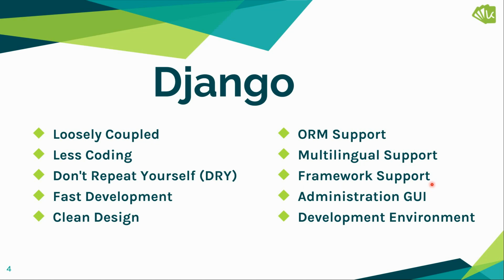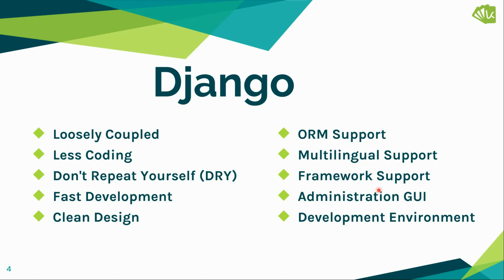Then Django has support for multiple frameworks like REST API, etc. So using that, we can extend the functionality of Django or provide APIs to the external world as well. The best feature that at least I like is the admin GUI of Django. This GUI basically helps you to control the behavior of the models, and some admin tasks like deleting some data or managing data, etc., can be done as part of the admin GUI. And the best thing is that it's already available as part of Django.